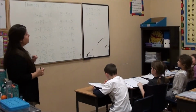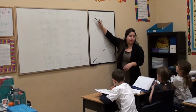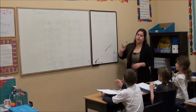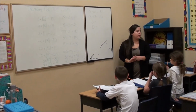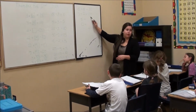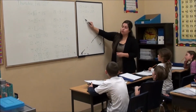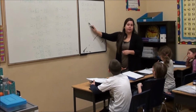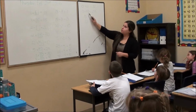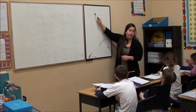Also on the board we have our logic problem. One number is represented by the circle and one number is represented by the square. Sophie, are you listening? It's up to you to figure out the value of each of these symbols. What does the circle equal and what does the square equal? The value has to be true in both equations. So the circle plus the square will make